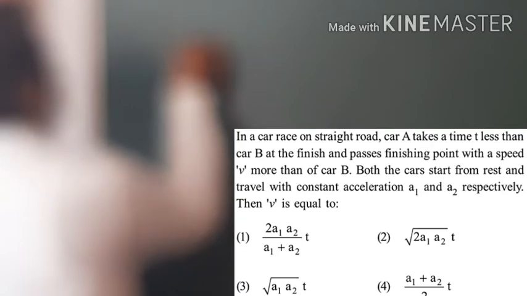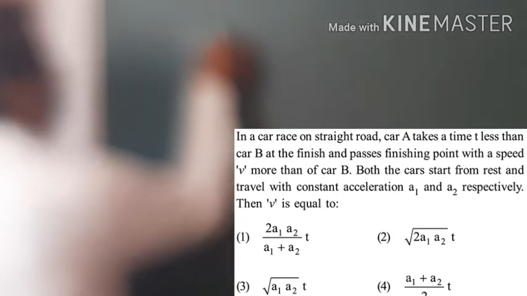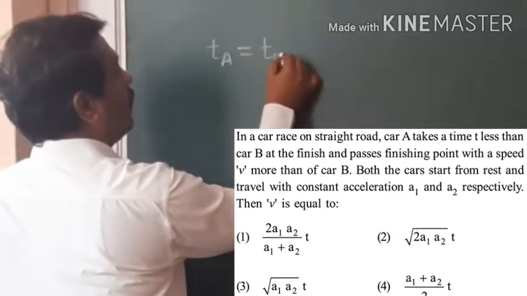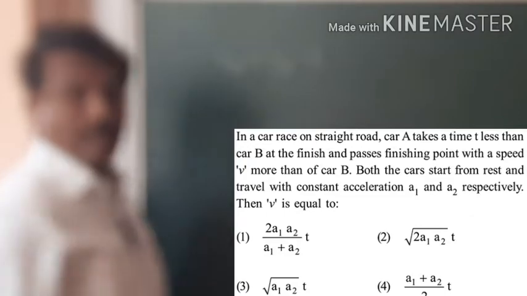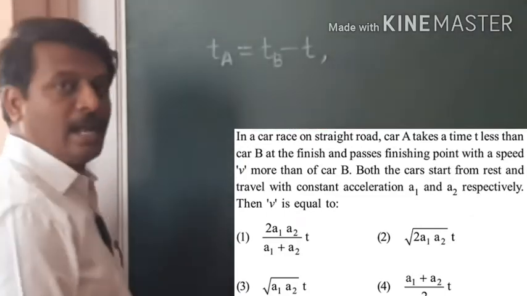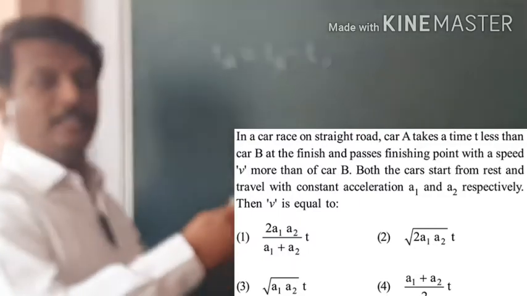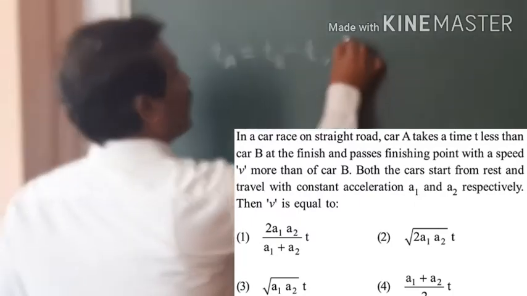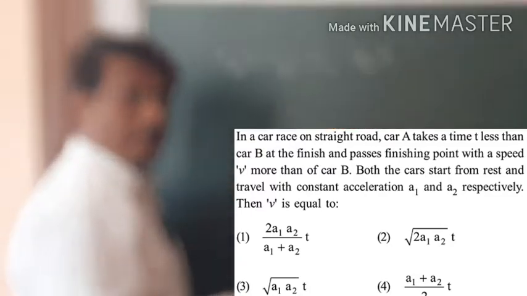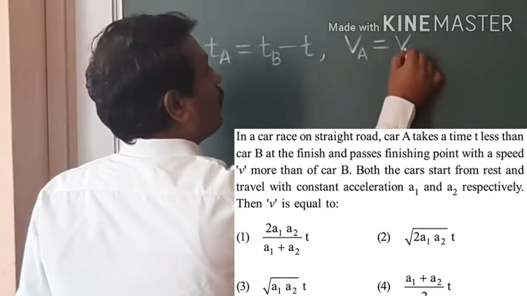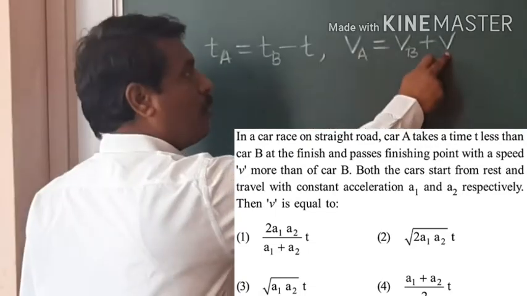If you take TA as the time taken by car A and TB as the time taken by car B, then we can write TA is equal to TB minus T, because car A takes T seconds less than car B. It is also given that at the finishing point, the speed of car A is V more than the speed of car B. So if you take VA as the speed of car A and VB as the speed of car B, then we can write VA is equal to VB plus V,